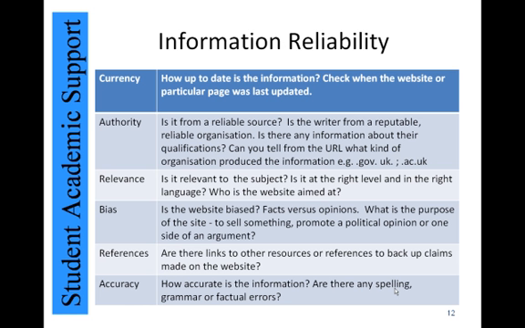Information reliability. When checking the reliability of the information we have found, we should consider how current the information is and when it was last updated. Are the sources reliable? Look for reputable organisations and writers who state their qualifications. The URL will also tell you the type of organisation who produced this information. For example, .gov,